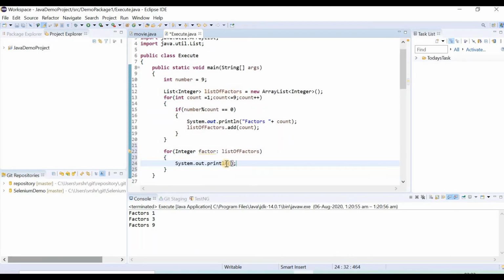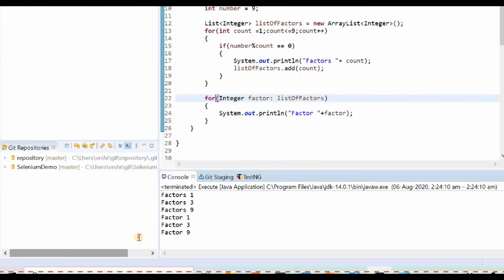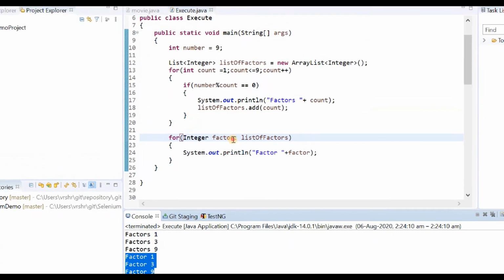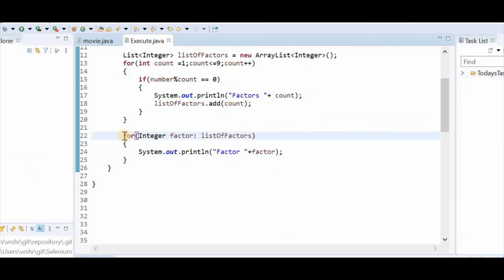And let us now print the factor that has been stored in the list one by one. So now that we are done, we can now run this. This is what we got after printing the output from the list of factors. So this is how an advanced for loop looks like.